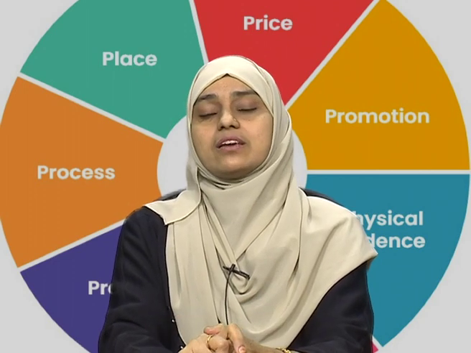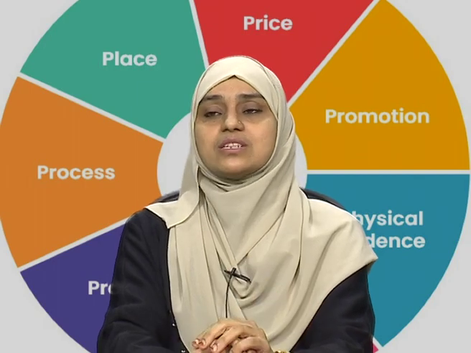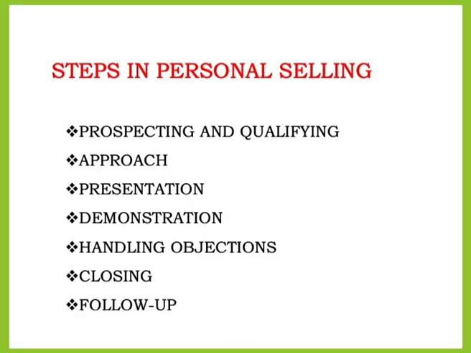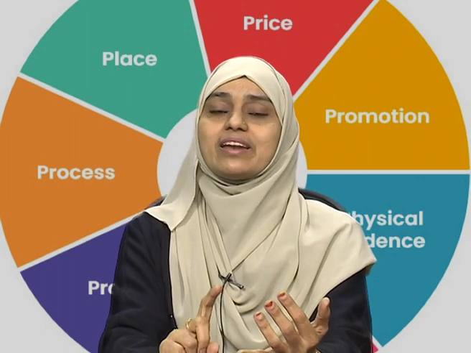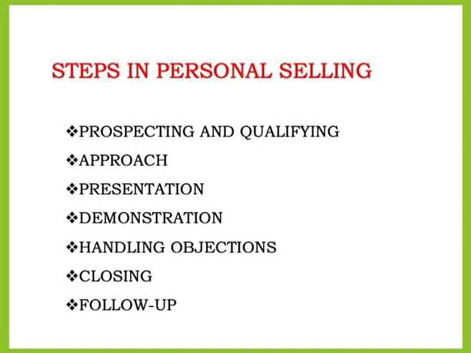Now whenever a company is engaging in personal selling, there are certain steps. The first step is called prospecting and qualifying. I cannot do personal selling to everybody, so I first have to make a list of my consumers, profile them, and check who qualifies for personal selling. Then you have to approach the consumer, so there's an entire process of how you go about approaching them. Then you make a presentation. Whoever are the salespeople who come to our houses, they talk about who they are, which company they are from, and what product they are selling. That is called presentation.